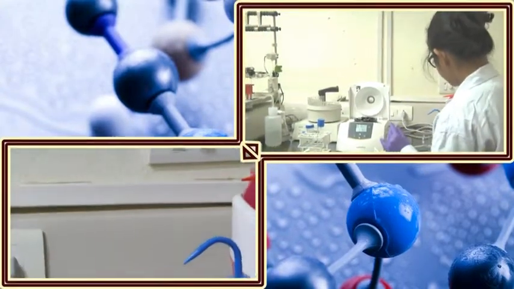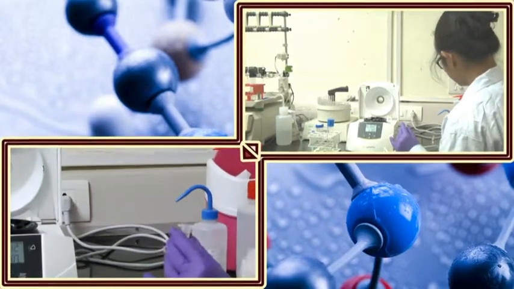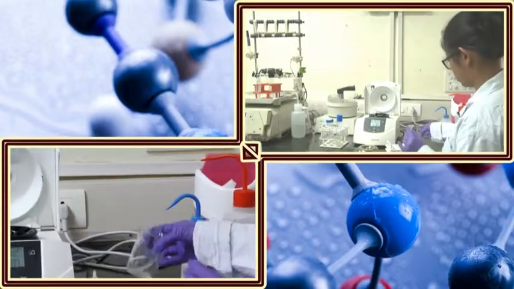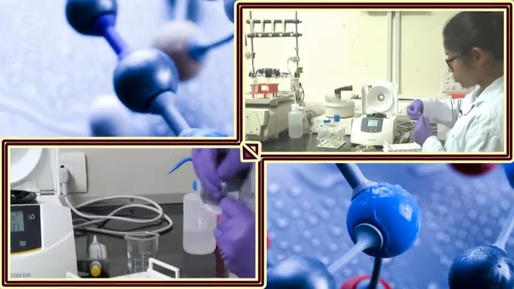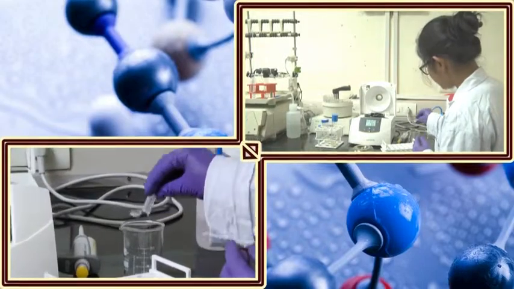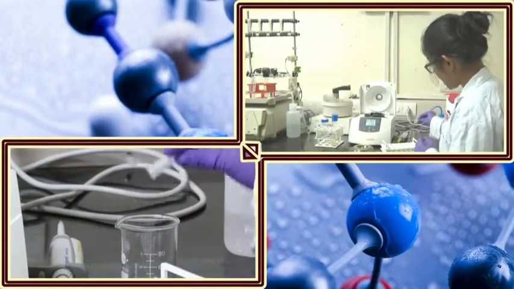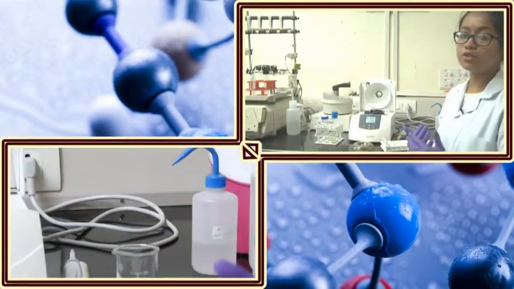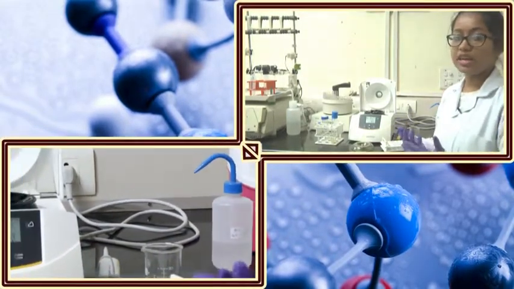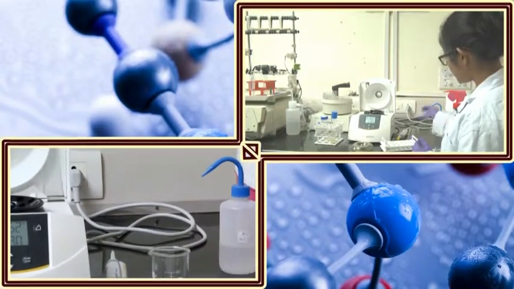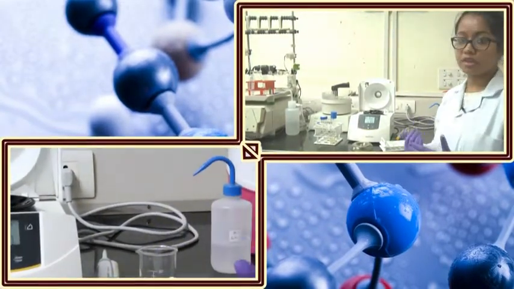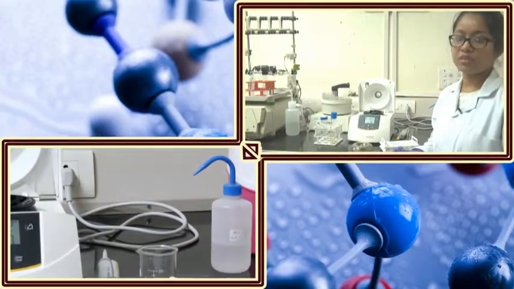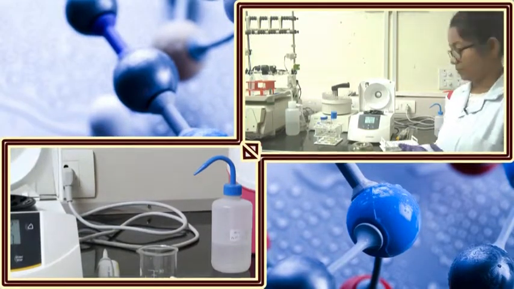So, during this kind of experiment, you should always have a small beaker where you can discard all this flow through. Any kind of liquid discard, you should not throw in a normal dustbin. You should always take a clean beaker, because this kind of solution has media, and if you throw it in a normal wash basin, it can contaminate the environment. So, you should take it in a clean beaker, and then it needs some kind of treatment, like we put detergent, also some bleach, so that other microorganisms like other bacteria and fungus cannot grow further.